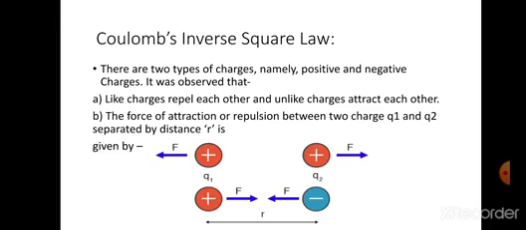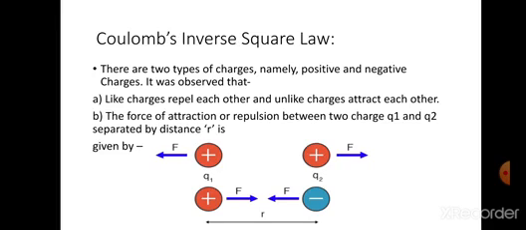Okay, so about the two charges, namely positive and negatively charged, one thing that has been observed, that we all know first, is that like charges repel each other, whereas unlike charges attract each other. To understand this